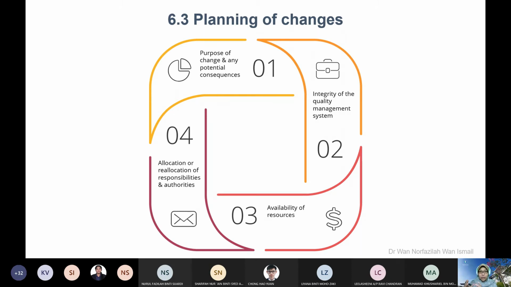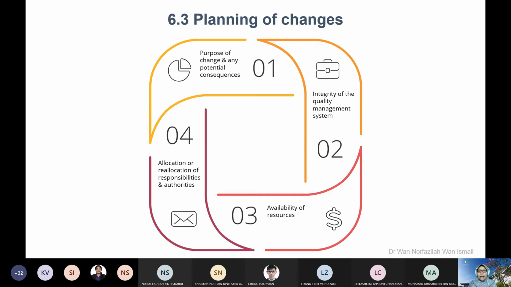So the potential consequences is that you, the laboratory, or if you are the laboratory manager, you need to send the person in charge to training. Itu pun cost juga. Sometimes the supplier provide training as well. Okay, so ada company yang jual instrumen je, dia tak provide training. Harga dia murah sikit, tapi dia kata kalau nak training kena bayar tambah. Something like that lah. So that is a potential consequences.